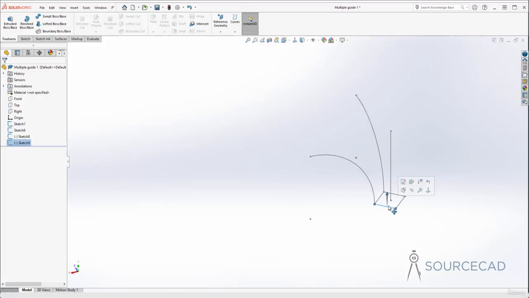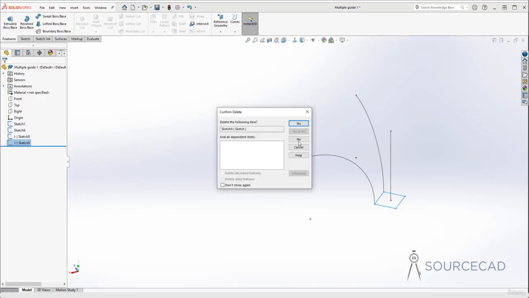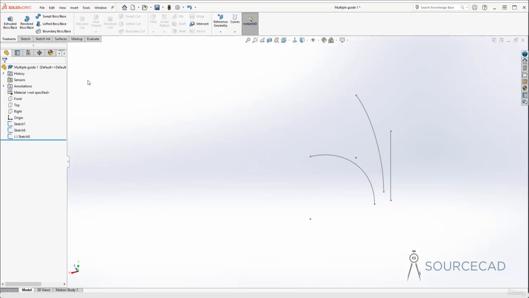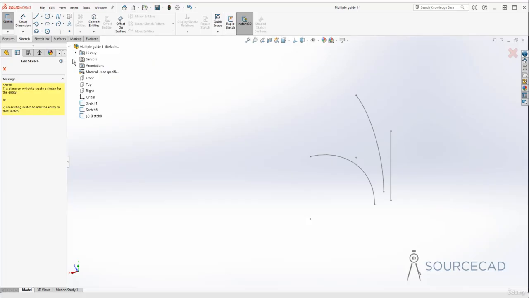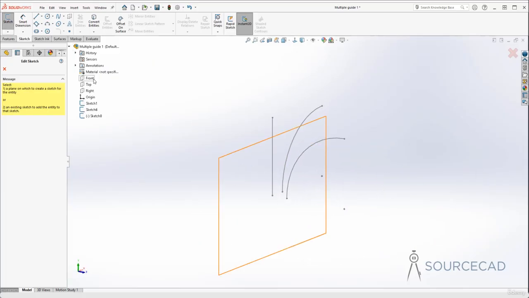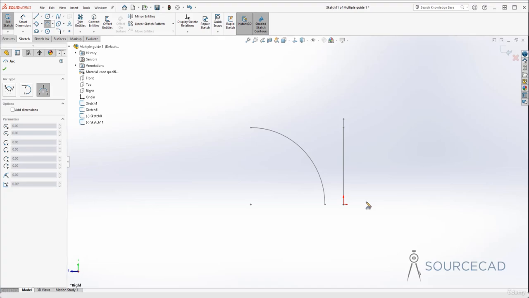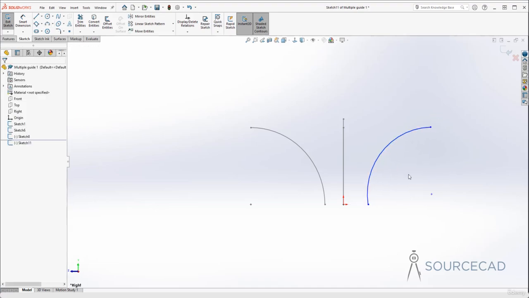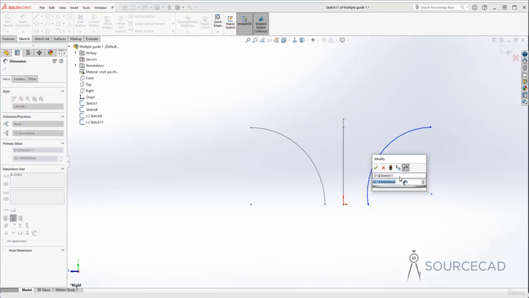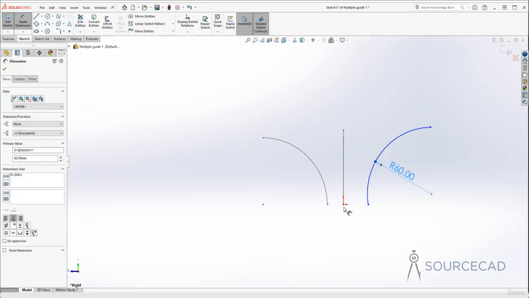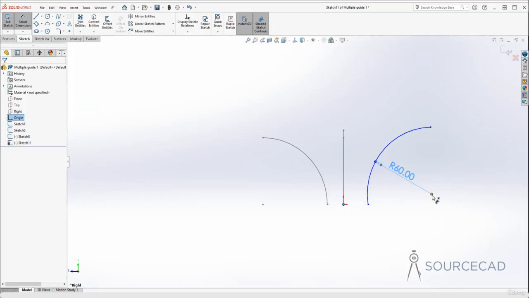So the first thing that I'm going to do is delete the last sketch. All right, now let's go to sketch and I'll select one of the planes of these existing sketches. In this case, I'll select the right plane, which is the plane of this sketch. With that selected, I'll go to arc and create an arc like this, and we need a couple of dimensions. So here I'll add this, it is 60,